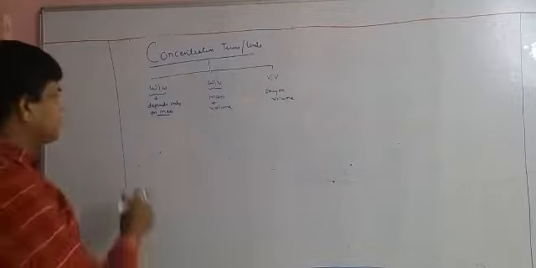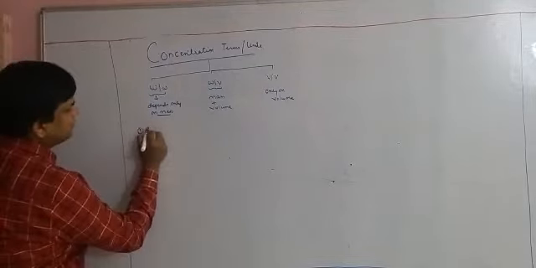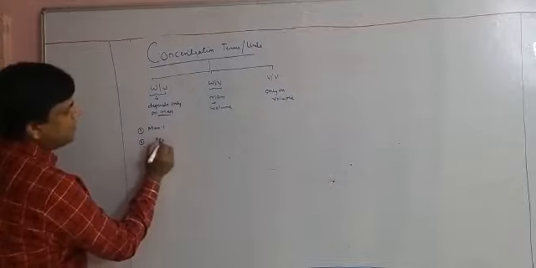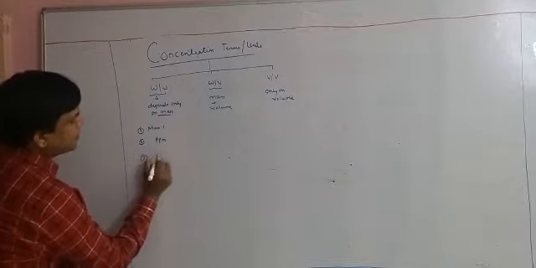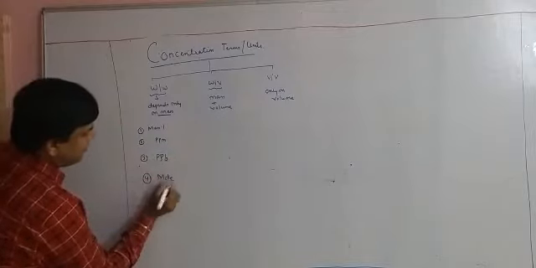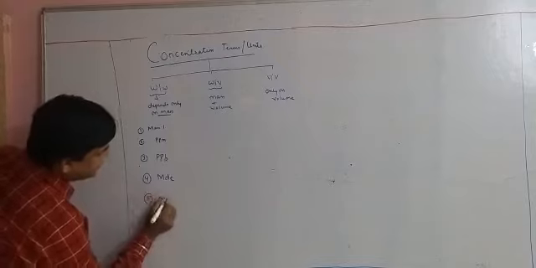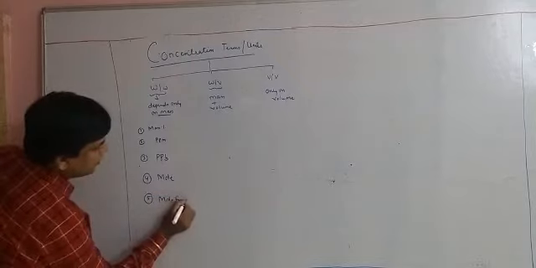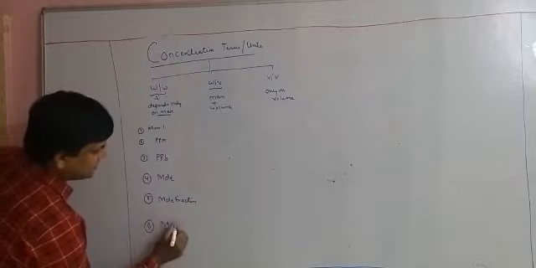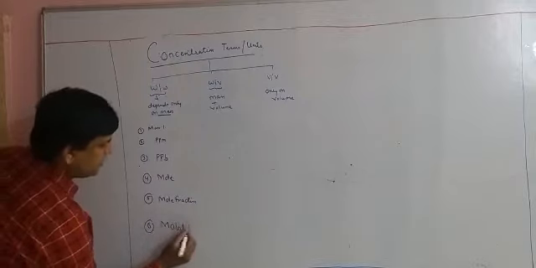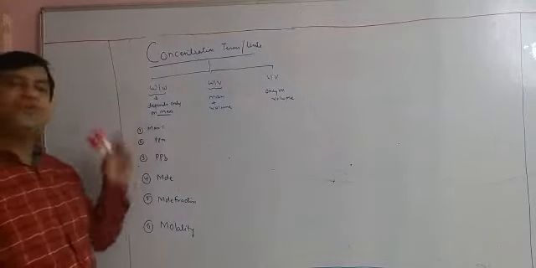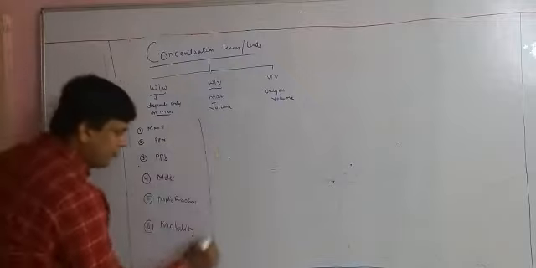First, W by W includes mass percentage, second is ppm, third is ppb, fourth is mole fraction, fifth is molality. So these are the units which depend only on the mass, and we go for those units which